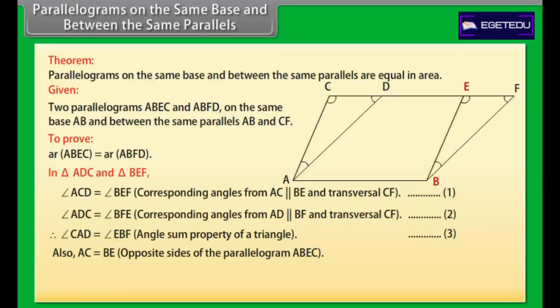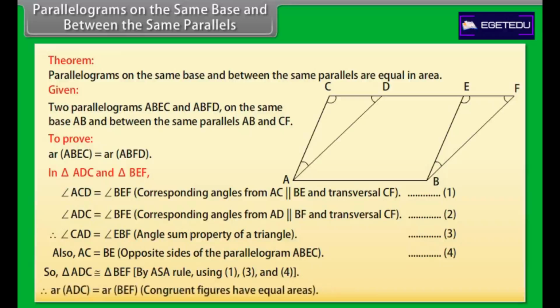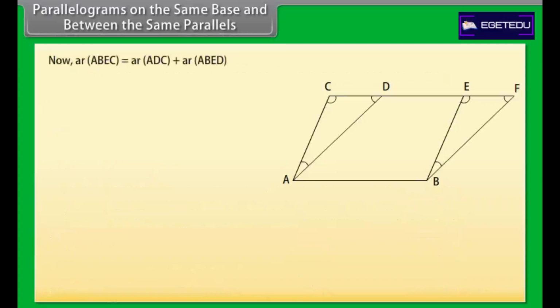Mark it as 2. Therefore, angle CAD is equal to angle EBF, angle sum property of a triangle. Mark it as 3. Also, AC is equal to BE, opposite sides of the parallelogram ABEC. Mark it as 4. So, triangle ADC is congruent to triangle BEF by ASA rule